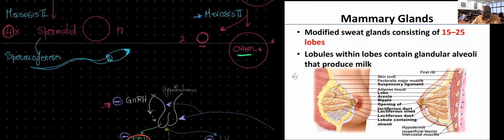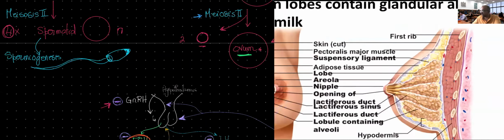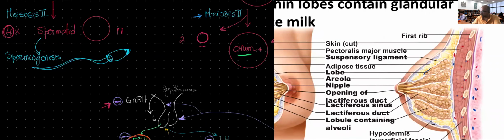Another 5 stars diagram here is showing the cut section of the breast. As you see here, the breast is formed by mammary glands surrounded by adipose connective tissue. Mammary glands are modified sweat glands that will be releasing milk. They are arranged into lobules. Each lobule is going to be conducting the milk through a duct. We call this the lactiferous duct.